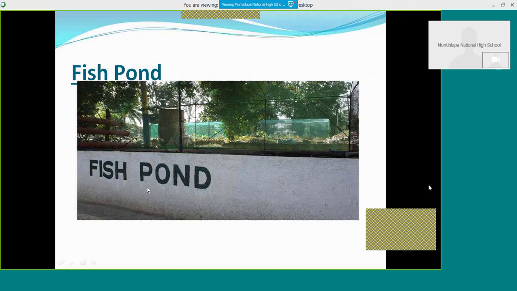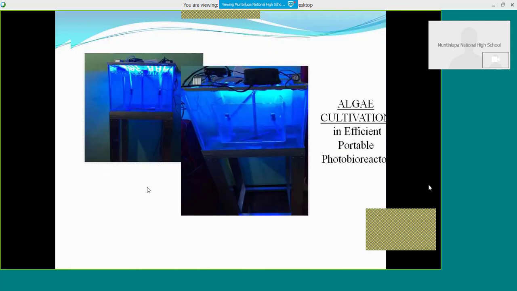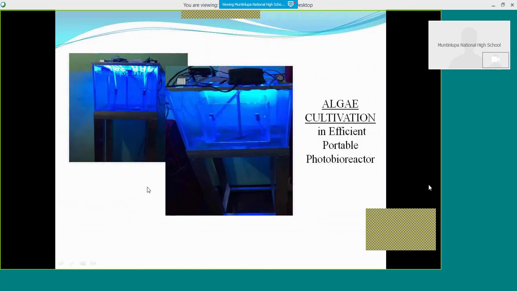But here is the outer view of our fish pond. This is the bioreactor that we have. Here we culture green algae, Chlorella vulgaris, and it's very efficient in cultivating Chlorella vulgaris. Now, to discuss to you the parts